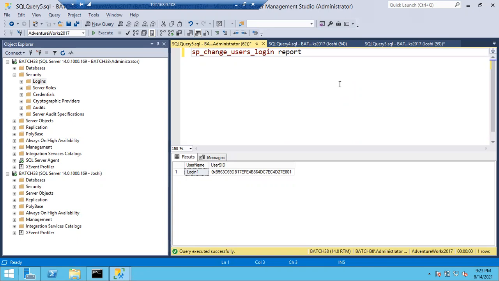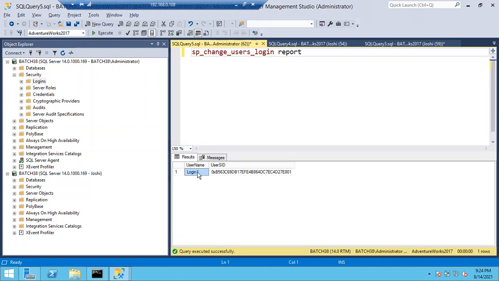So automatically orphan users will be fixed. But there is a small trick here. How are a user and a login bonding with each other? How does the user know that login one is my father? How are a child and a parent bonding with each other?